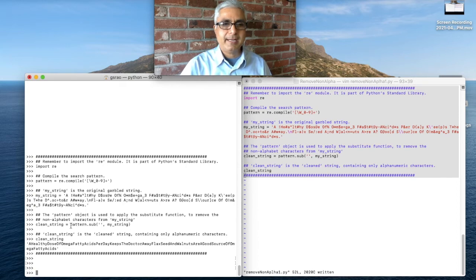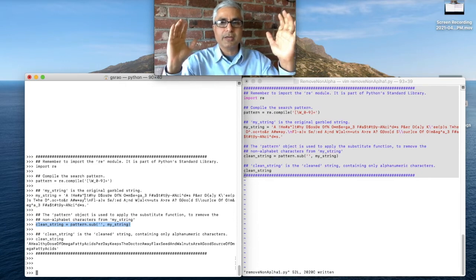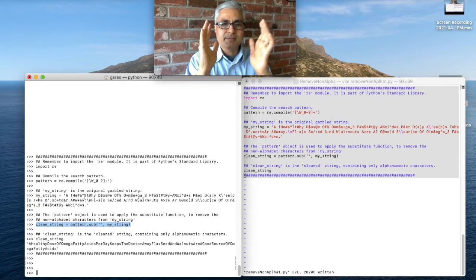So here, the compile generates an object which we call pattern. It's a regular expression object. And then later on over here, we use the regular expression object, which is pattern, and we use the sub function, which is a substitute function within the regular expression library. And we say substitute any non-alphabet character that you found with a blank character. So that's why it takes all this long sentence, removes all the non-alphabet characters, and boom, it becomes a small